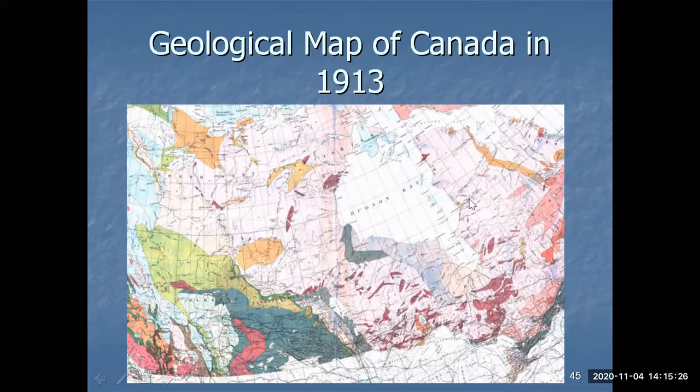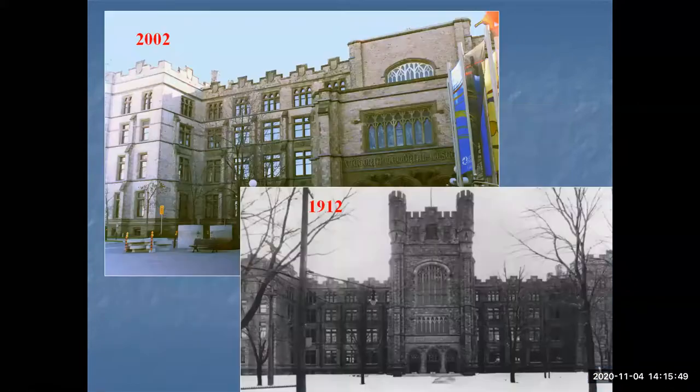And again, we have a fair amount of information from where Albert Lowe had been doing his work. So the map is becoming more filled in, and people have a better understanding of the geology. And again, all of this was in support of the economic development and expansion of Canada, so that we've got this understanding at this stage, still pretty basic. Some of the things that happened in the early part of the 1900s,